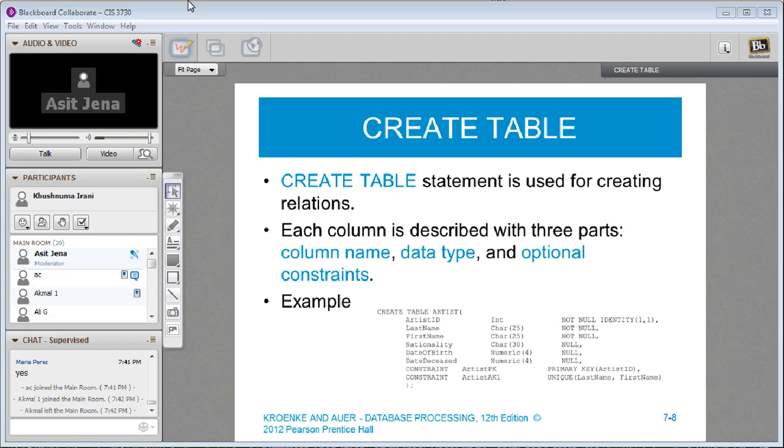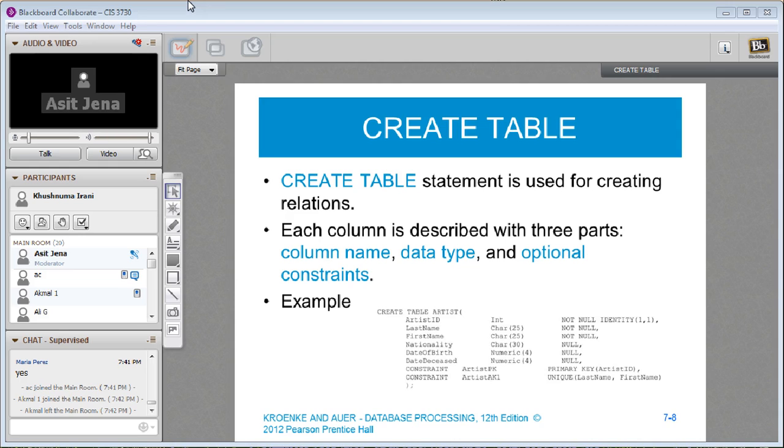There are several variations of this, but you can say that to create a table, the minimum you need is the column name, such as artist ID, and the data type, and whether it is required.